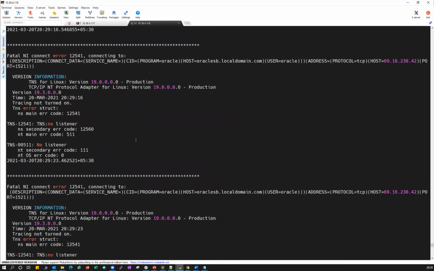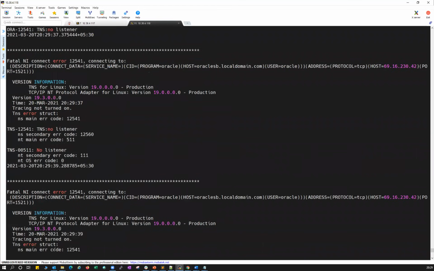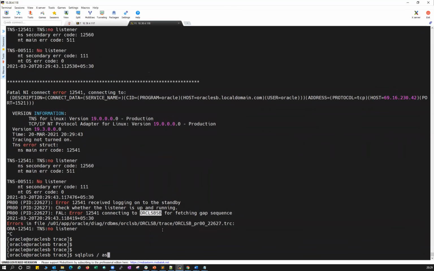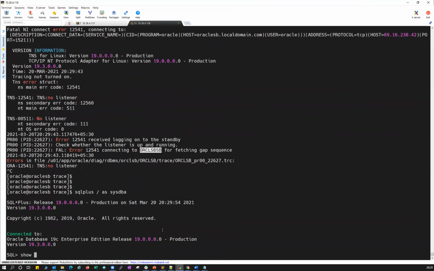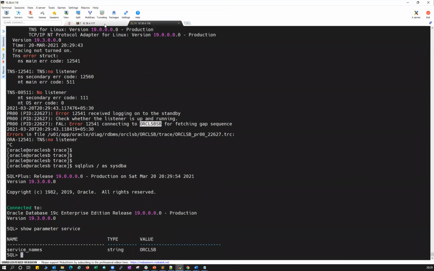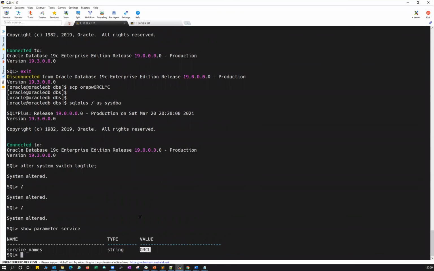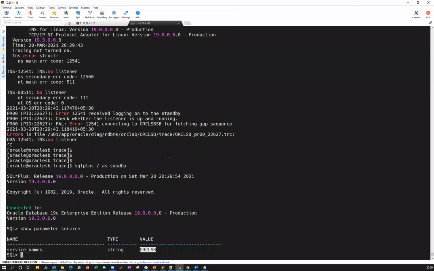So let's go back to tnsnames. Okay, SQL*Plus / as sysdba, show parameter service. ORCL standby, that is fine, and I'll check show parameter service here also. ORCL is fine, and here also ORCL standby is fine. Whereas when you check your alert log, the file service is connecting to ORCL standby for fetching the gap.